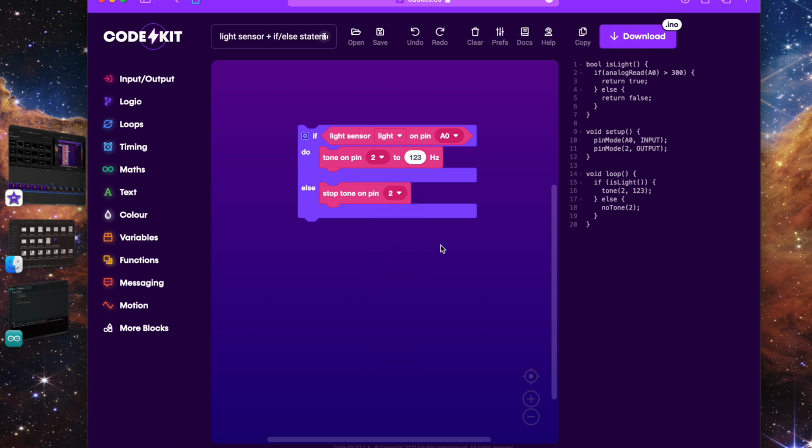Once again, let's go through what this does. If there is light on our light sensor, which is connected to pin A0, there is going to be a tone on pin 2. Pin 2 is where we plan on connecting our buzzer, at 123 hertz. Hz stands for hertz, which is the frequency of the sound. You can change this value if you want: if you increase it, you get a very high pitched sound, and if you decrease it, you get a very low pitched sound. I'm just going to keep this value the same, but feel free to change it. So if there is light, we want a tone on pin 2,